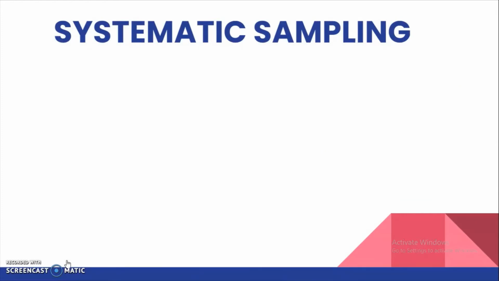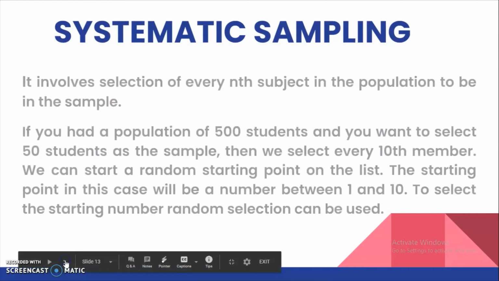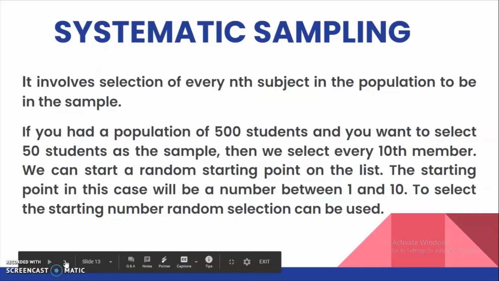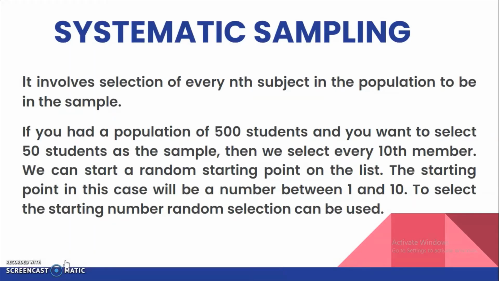And then we go to systematic sampling. We'll see what systematic sampling is. It involves selection of every nth subject in the population to be in the sample. Here there is not much difference between systematic sampling and random sampling. In random sampling, we select the sample at random. We use a lottery method or something like that. But here we don't use the lottery method. We give numbers to every member in the population,